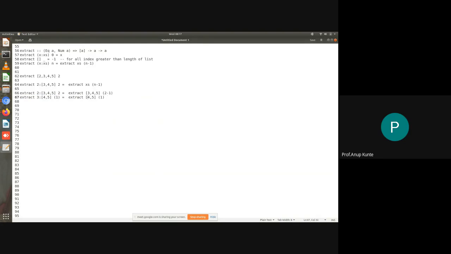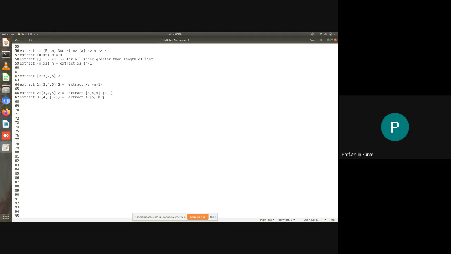So this comes as 4:5, and this becomes 0. So now this maps to line number 57. So far we were mapping to line number 59, pattern matching. Here it will map to line number 57.